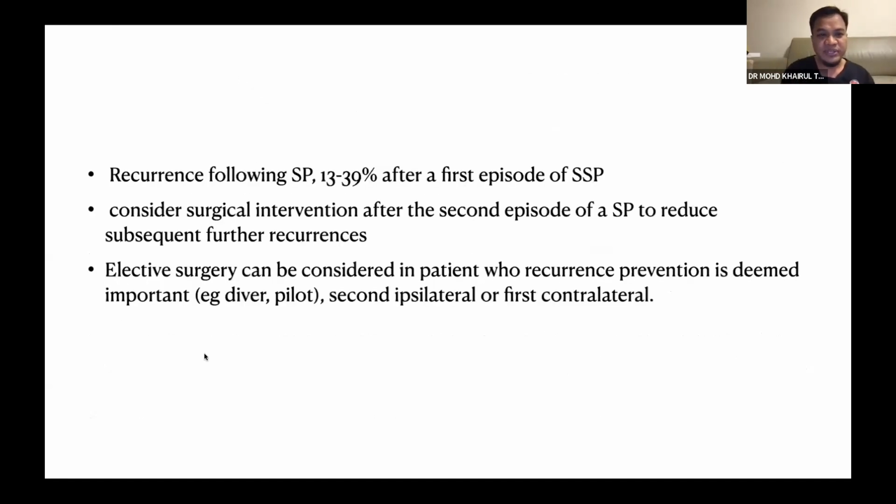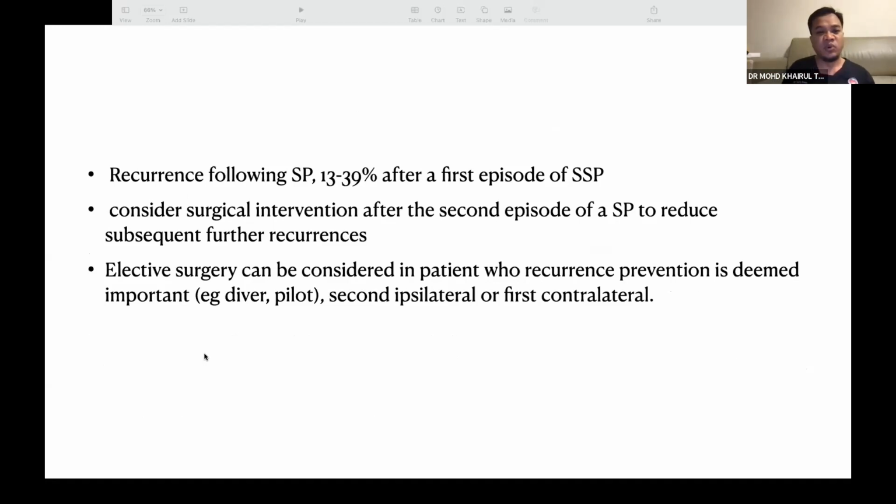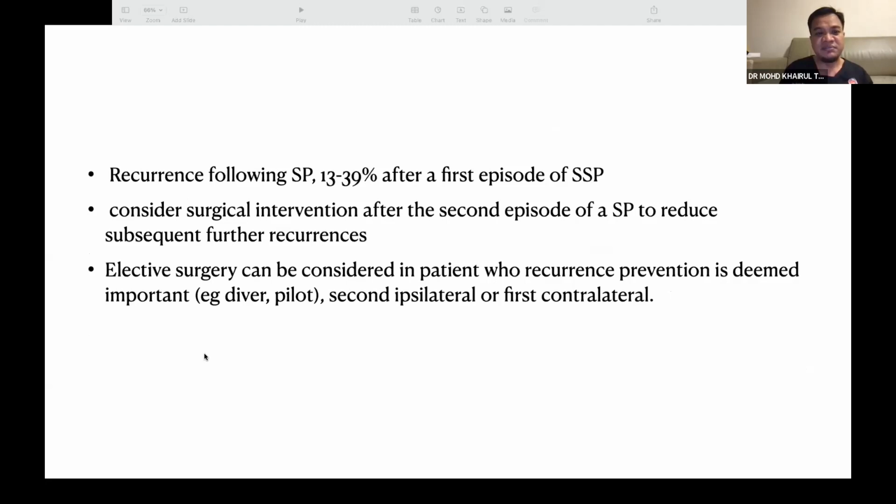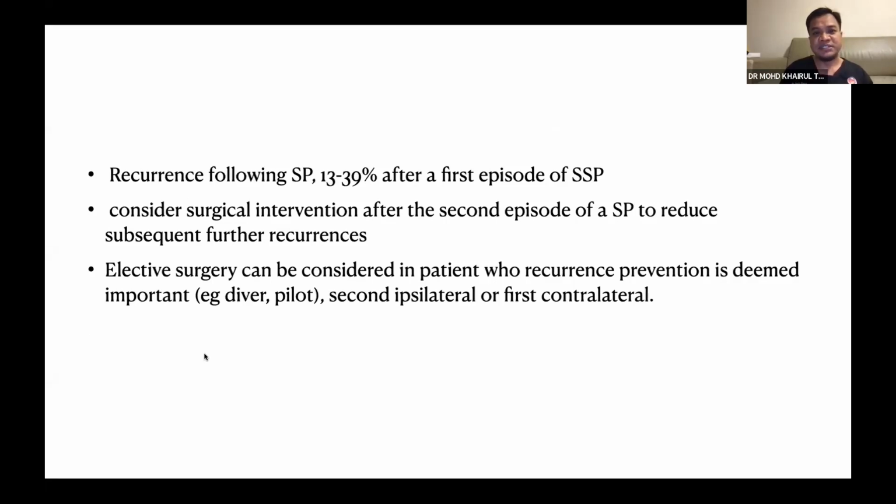So we know that recurrence following spontaneous pneumothorax is about 39% after the first episode of secondary pneumothorax. So we always keep in our mind that surgical intervention might be needed after the second episode. Whenever a patient develops a second episode, you need to consider discussing the surgical intervention with the patient. So sometimes, for some of the patients, depending on the risk factor,